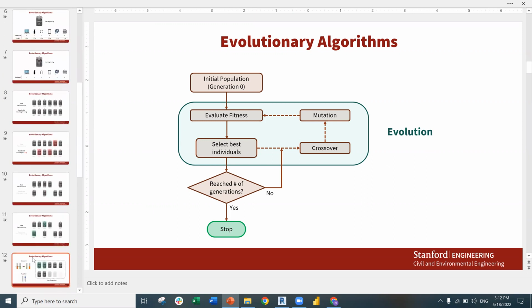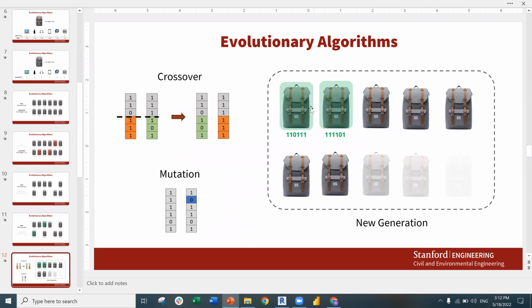And that is fairly simple. We take our best individuals and their gene pool, which is the ones and zeros that tell us what they have and what they don't have. The first technique that is commonly used is called crossover. At an arbitrary position in the chromosome, or in the parameters that tell us what's included or not,